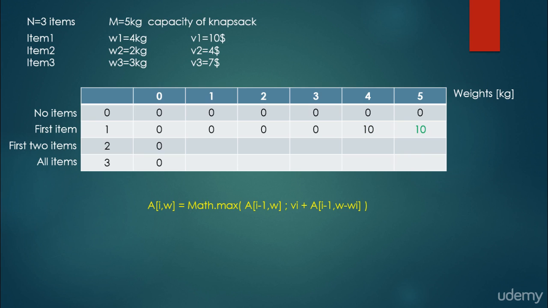The next one is the knapsack, which in this situation can carry 5 kilograms, but we have only one item, and this item has only 4 kilograms, so we can put the 4 kilograms in a 5 kilograms capacity knapsack, and we get the value, which is $10. If we have two items,